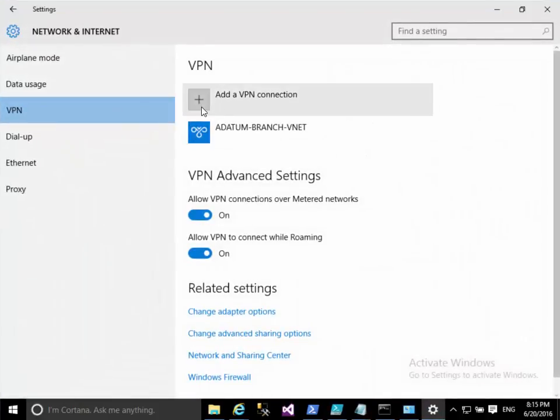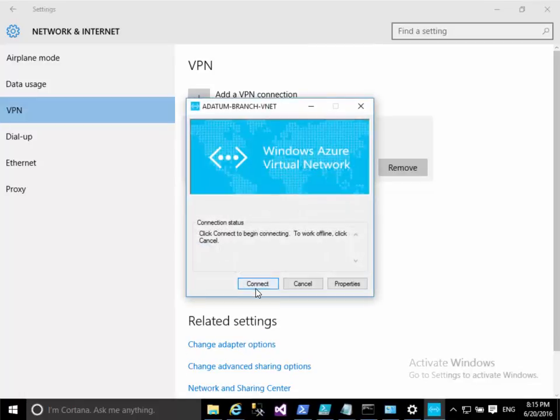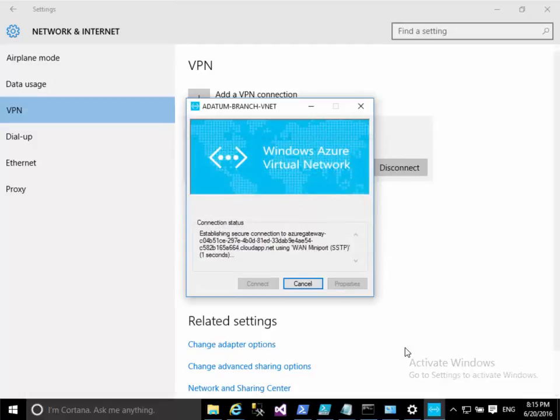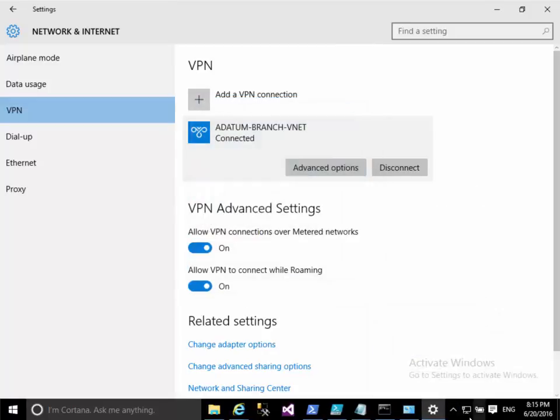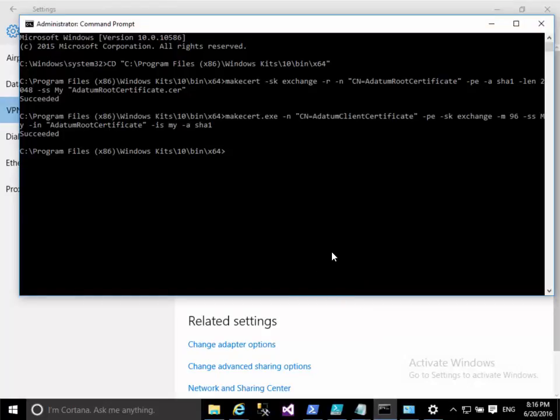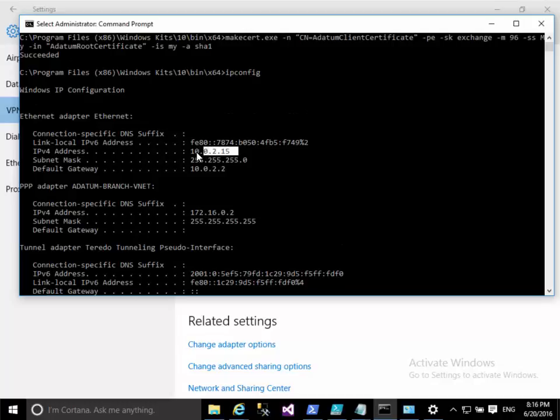Now this Metro screen comes up. Select A. Datum Branch VNet, click on connect, and select connect. Alright, so the connection is now established. You can use this network icon to see that you're connected with Network 2 as well as A. Datum Branch VNet. A quick ipconfig confirms that we now have our local IP address, in addition to 172.16.0.2